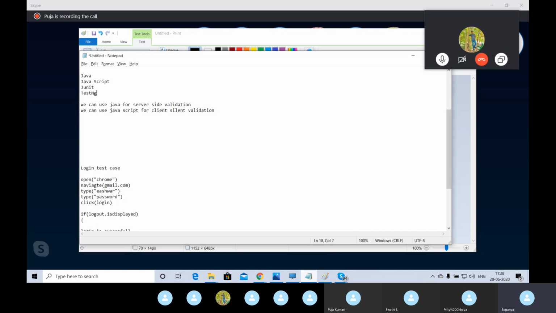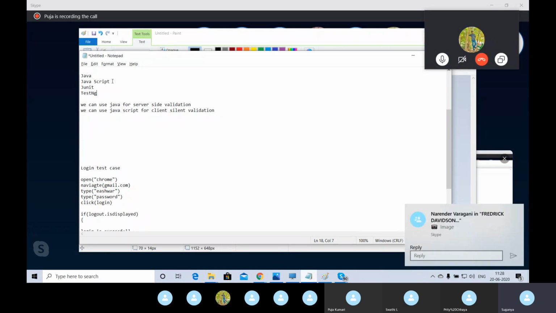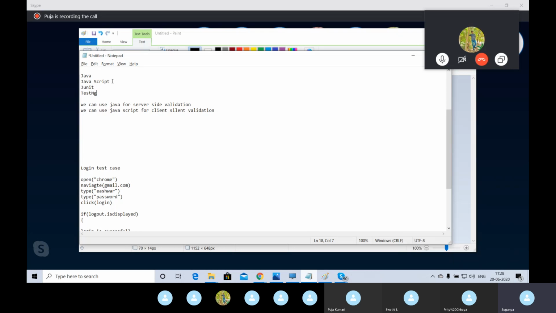Both are testing templates, but we can say TestNG is the advanced concept of JUnit. After executing all our test cases, JUnit will provide some report. TestNG also will provide a report, but TestNG will provide a more presentable report compared to JUnit. Presentable report means, we can take two examples: the girl with makeup, the girl without makeup. Ishwar, who will you see? Whether the girl with makeup or without makeup? With makeup, Babuji. So that is the TestNG report. You got it? Don't say both.